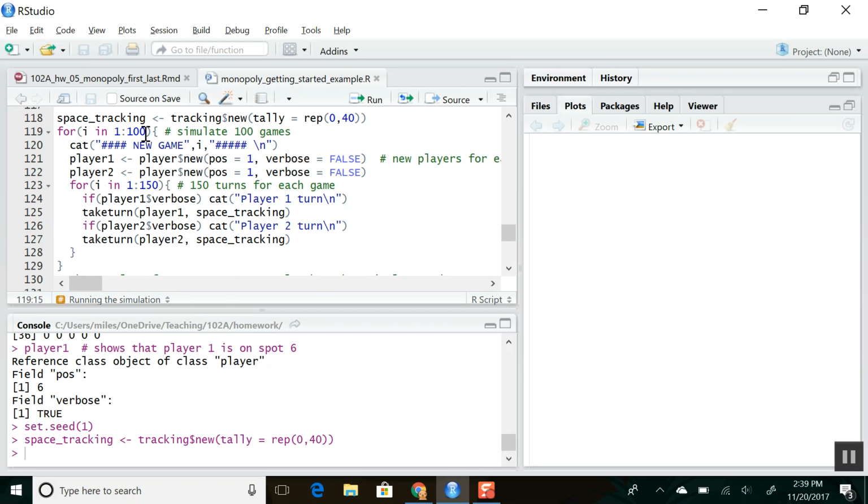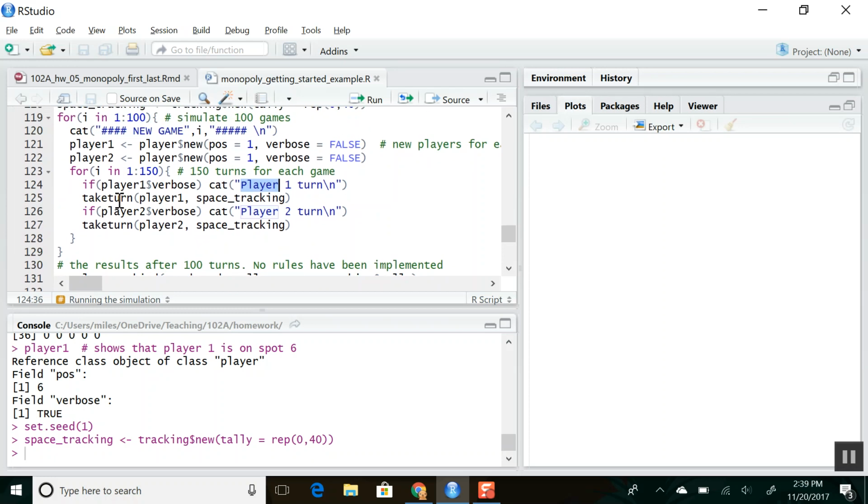Yes? What is if player 1... Verbose? Yeah. Okay, because verbose, remember in the player class, is either set to true or false, right? So if it's set to true, then it will say player 1's turn. If it's set to false, it won't print this out. So if I have this set to true in my creation, what we would see is a new game 1, and it'll go player 1 turn, player 2 turn, player 1 turn, player 2 turn, 150 times. And then it will say new game 2, and then it will go player 1 turn, player 2 turn,